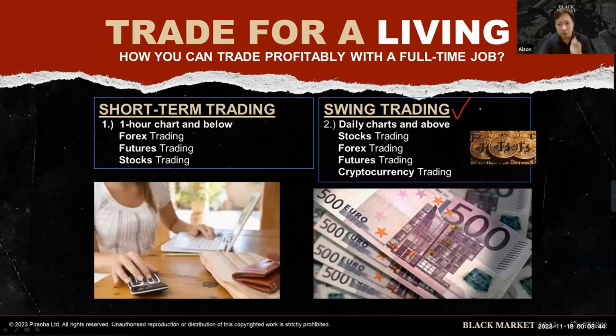Once you're proficient in swing trading, you need less than 15 minutes a day to manage your trades. You can trade stocks, forex, futures, or even crypto. All the strategies I teach you can be applied to all these asset classes. And in the price action manipulation course, you're also going to learn how to trade forex, futures and stocks short-term. In fact, we have this special strategy called DR1X for scalping stocks as well.